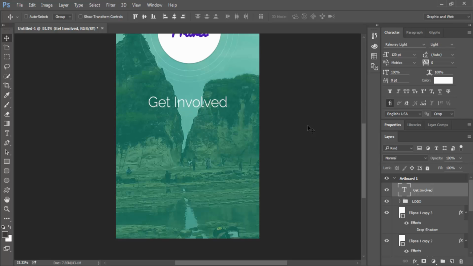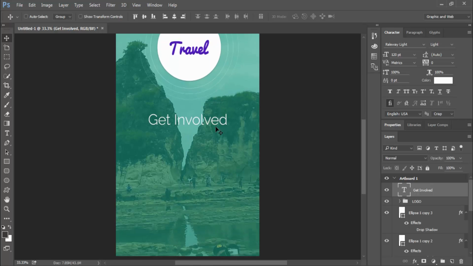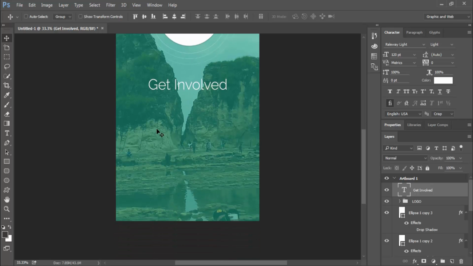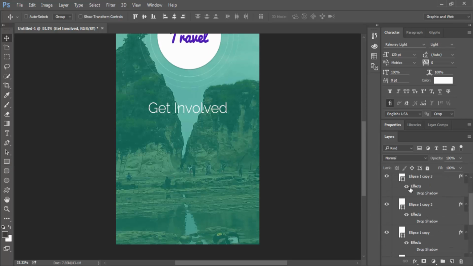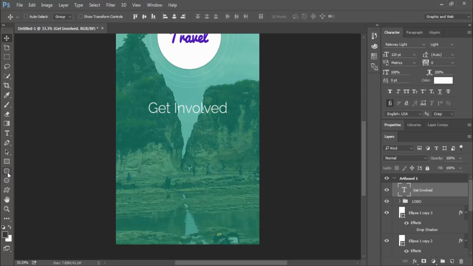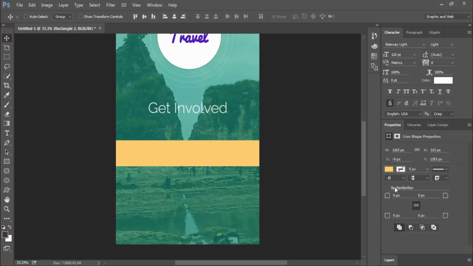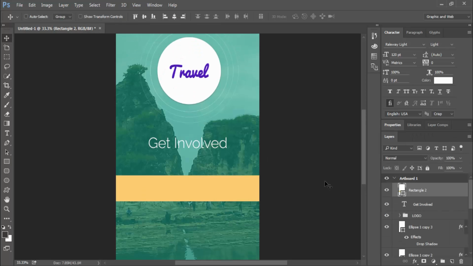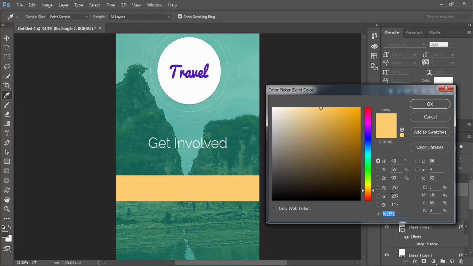Okay, and now we create the login form right here. For the login form, we can use the rectangle. We can duplicate the rectangle later, but first we create the login form and change the color.